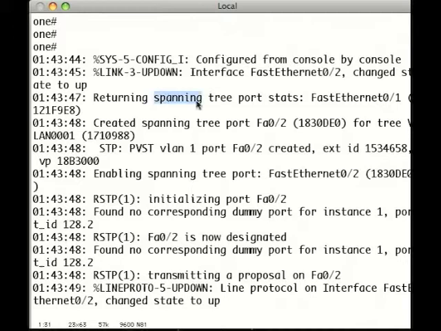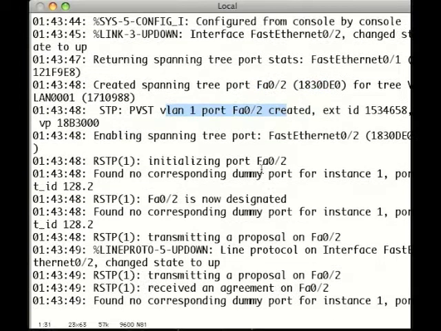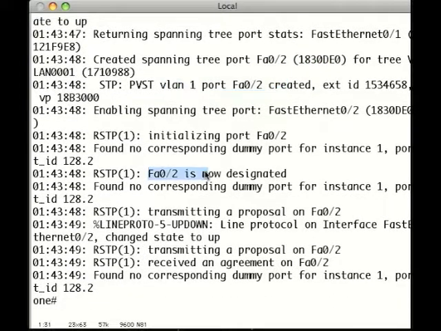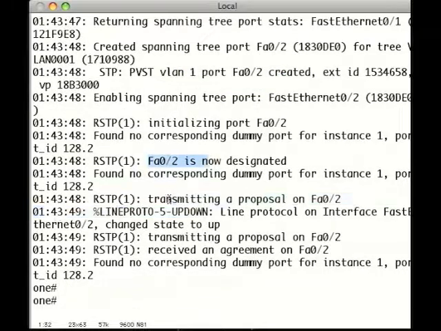Fast Ethernet 0/2, we no shut it, so spanning tree starts running on Fast Ethernet 0/2, and it becomes a designated port because we're the root bridge, so all of our ports are designated. So we transmit a proposal on Fast Ethernet 0/2, and we receive an agreement 1 second later, and we're done converging. Meanwhile,